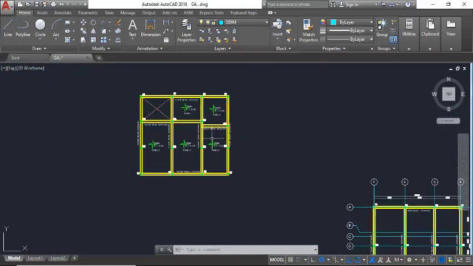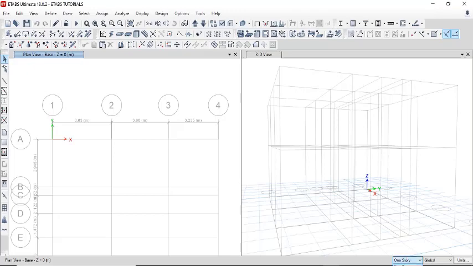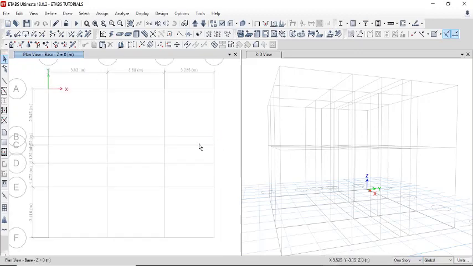So in ETABS, the way we are going to do this is that we are going to be working on what we call one story, all stories or similar stories. If you want to place columns from our ground floor to our first floor to have a similar arrangement, then we have to select one story. We just want it to apply only to that story. If you want the effect to take place in all the stories, like placing a column here to carry it from the ground floor down to the roof, we are going to select all stories. But in this case, let's be working on one story.